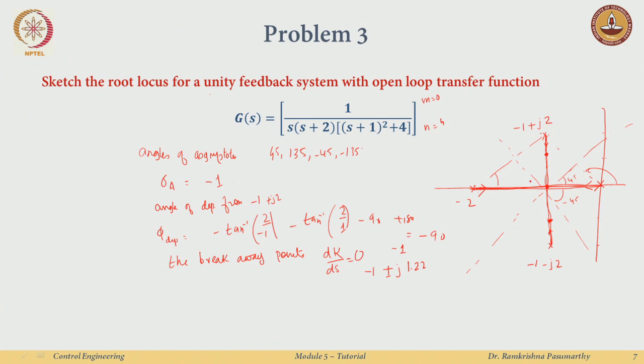Now, look at even the asymptotes. They look as if this might actually come here and then cross the imaginary axis. So, does the root locus cross the imaginary axis? Well, I just look at the characteristic equation, and then I am looking at the Routh criterion. So, my characteristic equation turns out to be